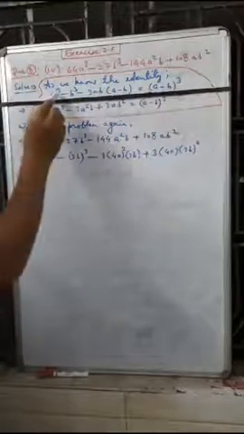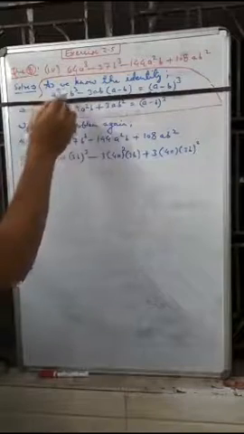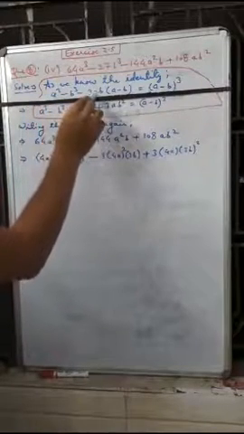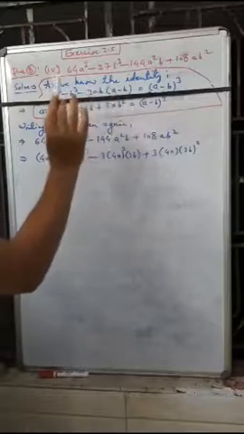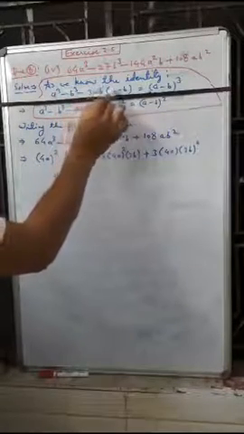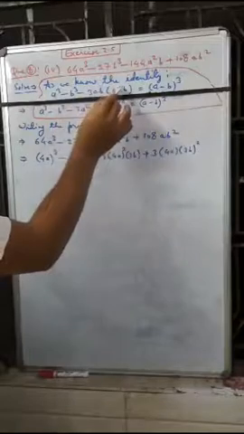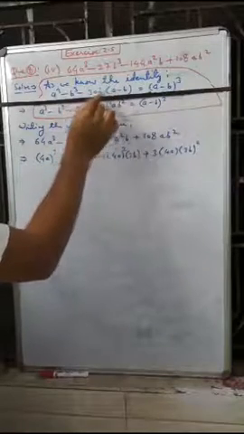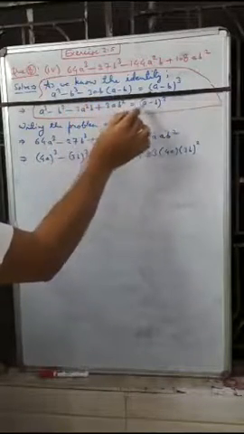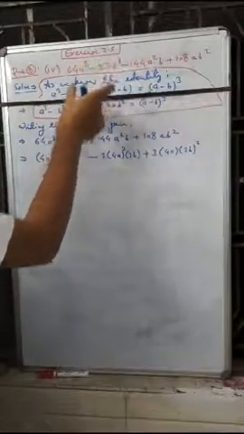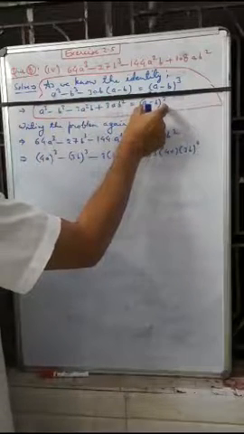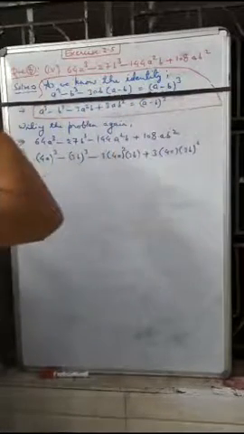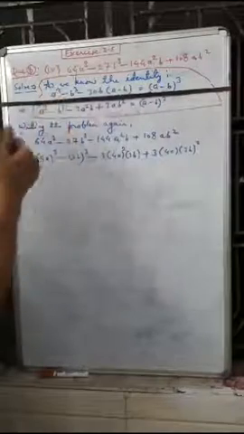So here if we write again a cube minus b cube minus 3ab, 3ab will be multiplied with a, so minus 3a square b, and minus minus will become plus 3ab square, which is equal to (a minus b) whole cube. So this question is given in this form, or we have to convert it into this form. That is the problem we are facing.